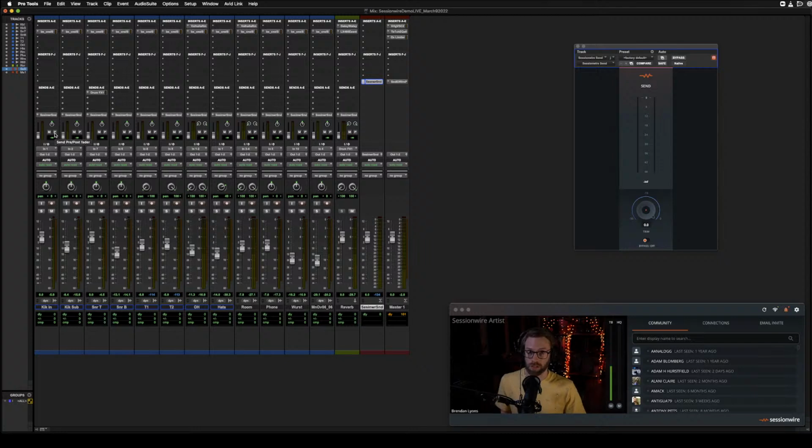So here we go. Something important to note as well, all of these sends here are post fader right now. So if I were to dial up a quick mix here, if I dial in some kick drum and some snare drum just for fun, because you'll notice this difference, if I hit play and I start monkeying around with the main faders here, they're going to affect the mix that's being sent using these sends. So if I hit play,